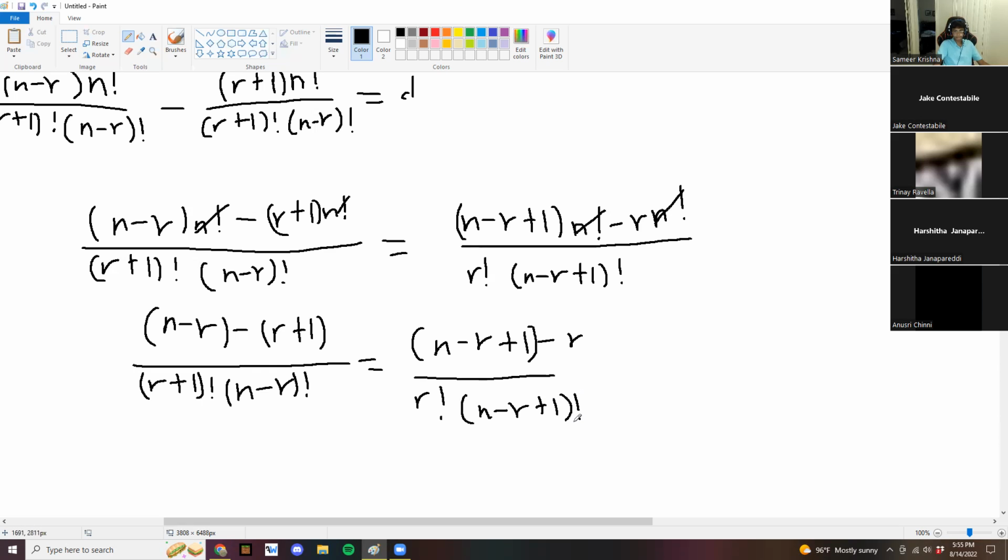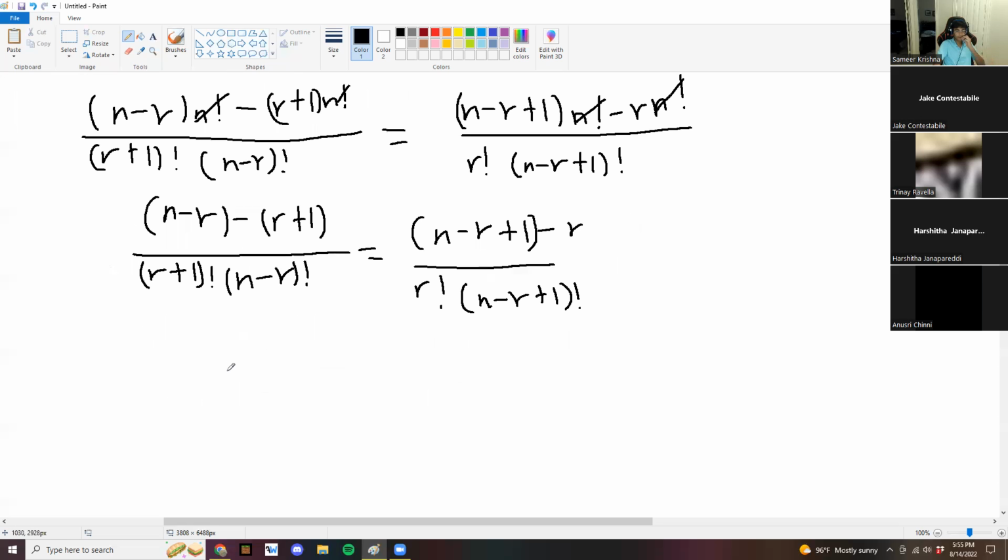So now what you can do is combine the top two terms. So that's n minus 2r, no, minus 1. n minus 2r minus 1